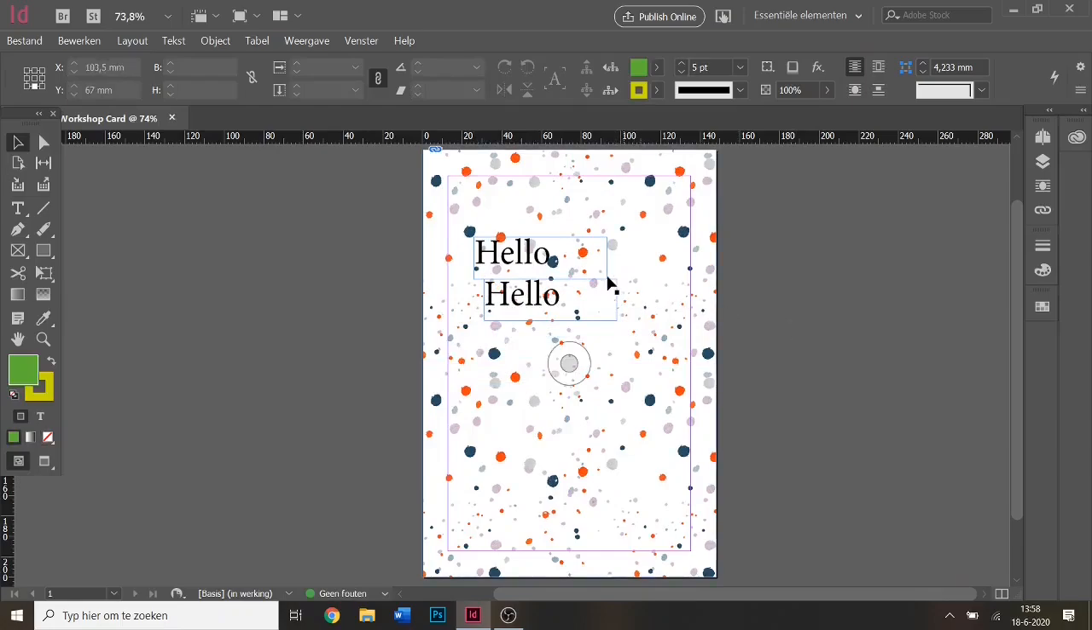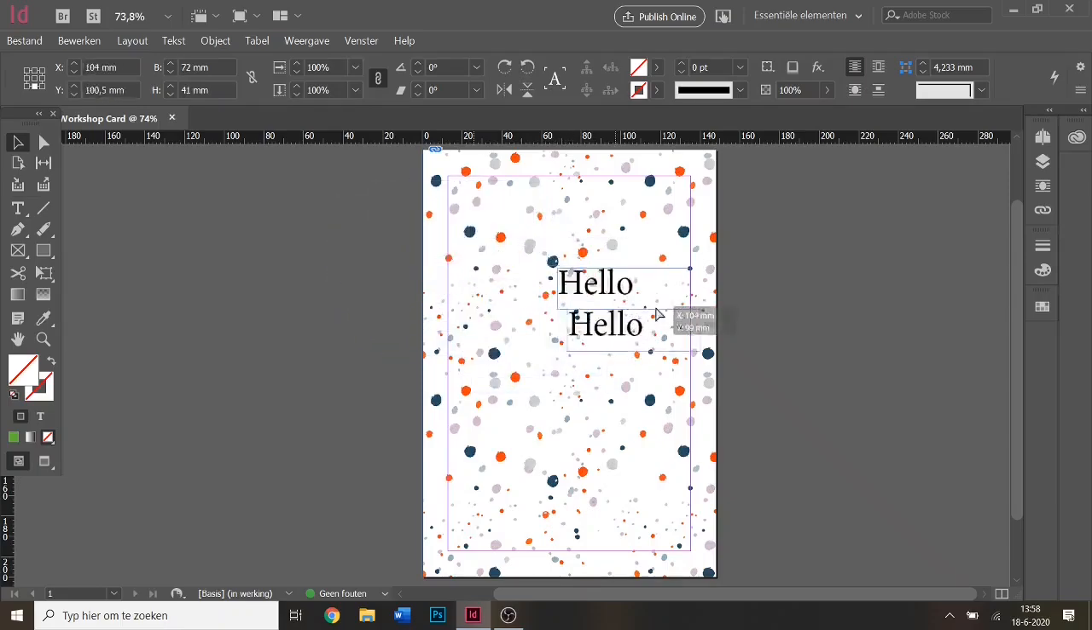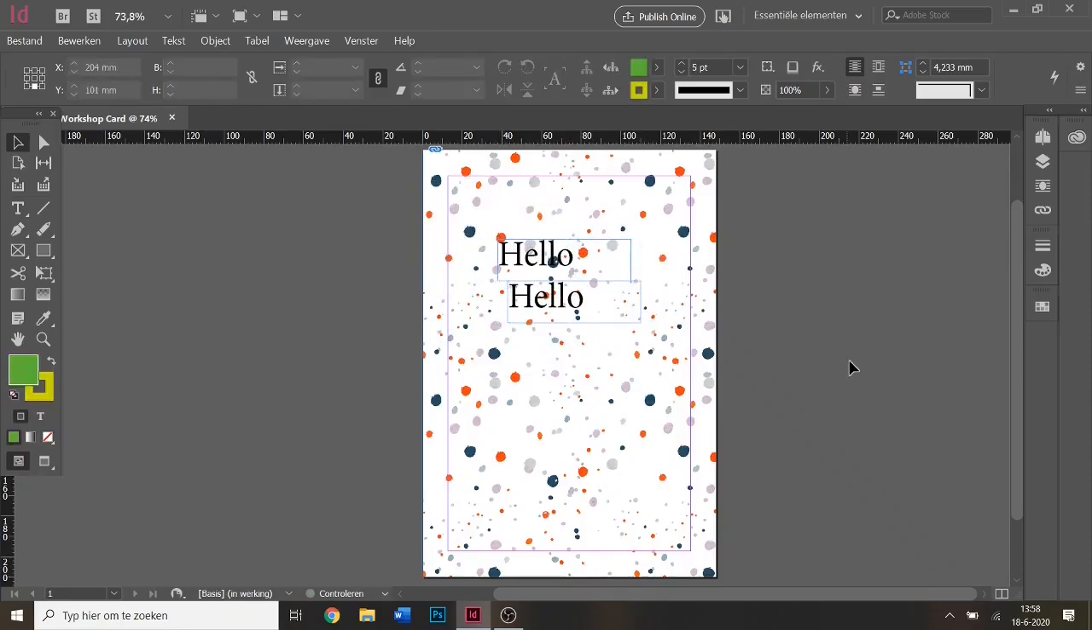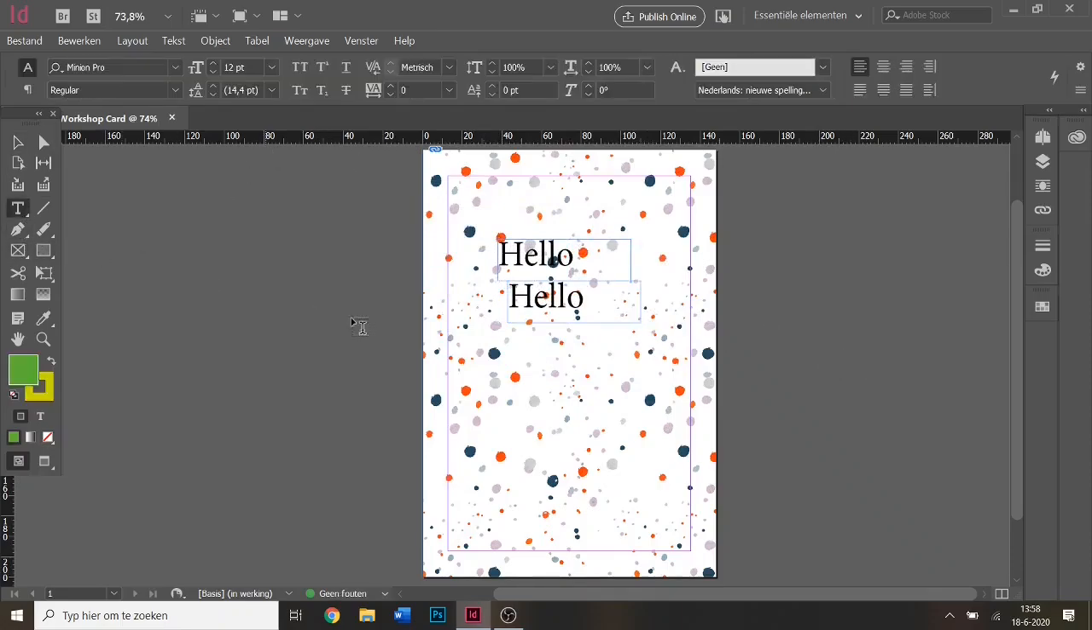Now, I want to move both these texts at the same time. What I can do is select both items. This can be done manually, so you can click one of the items, hold your Control or Command key, click the other one, and then I can move both items at the same time. However, sometimes you have like a bunch of different things,